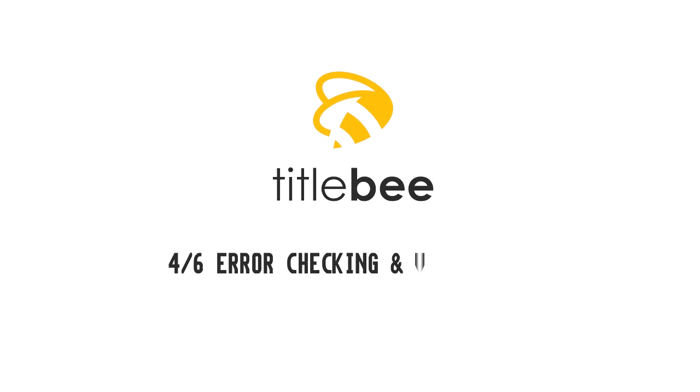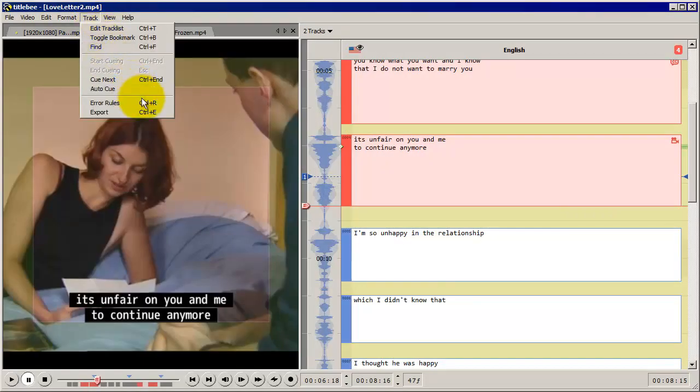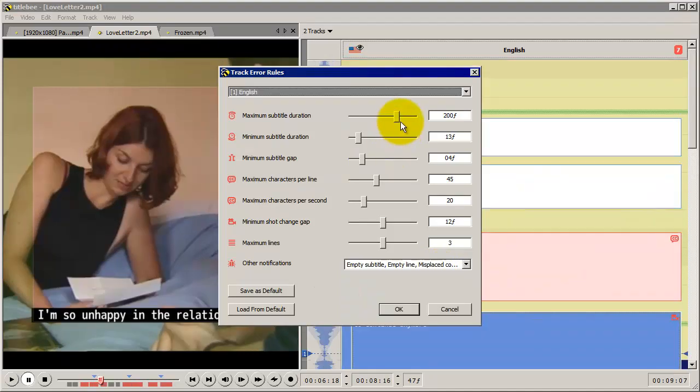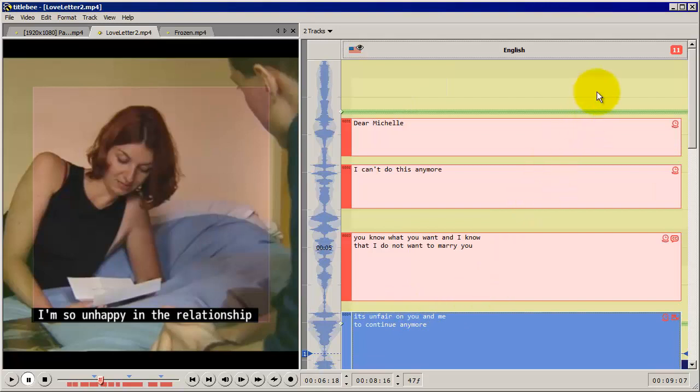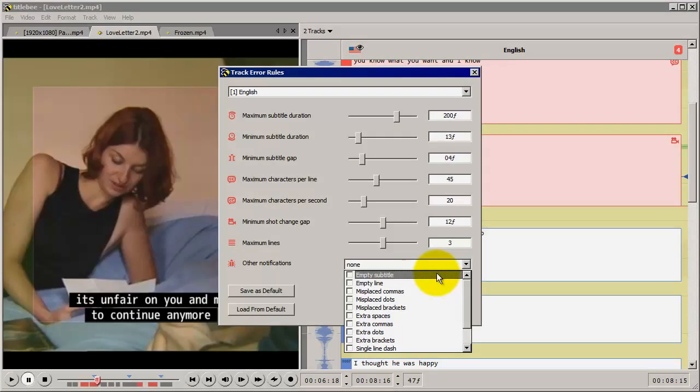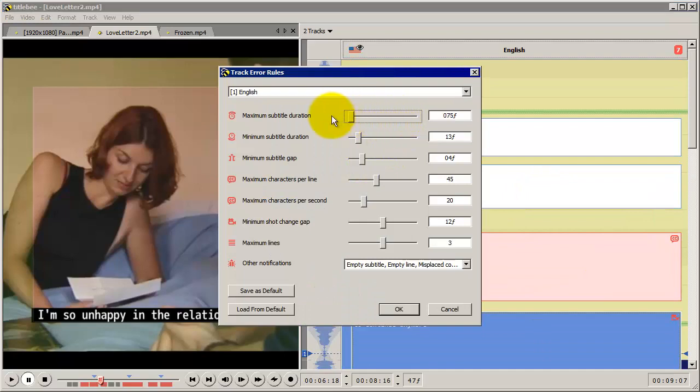Title B offers extensive error checking and validation. This includes spell checking in many languages at the same time, and highlighting over long or too short subtitles, or subtitles that appear too soon, one after the other. You can easily identify text that flashes too soon, making it difficult to read, with alerts for too many characters per line or characters per second. The text can also be checked for missing brackets, dashes, dots, or extra spaces, all in accordance to rules you